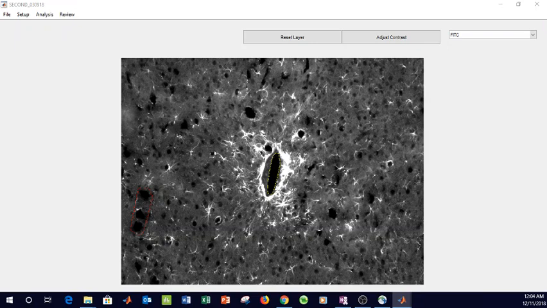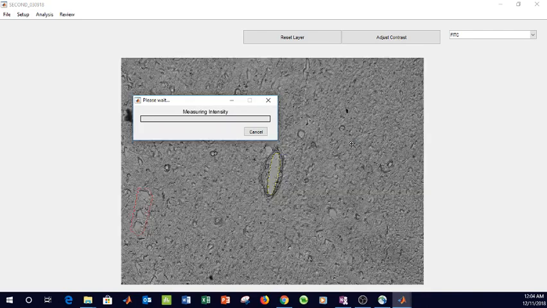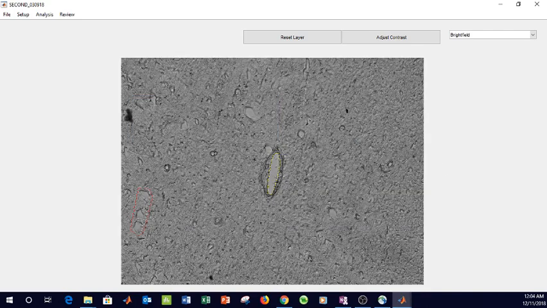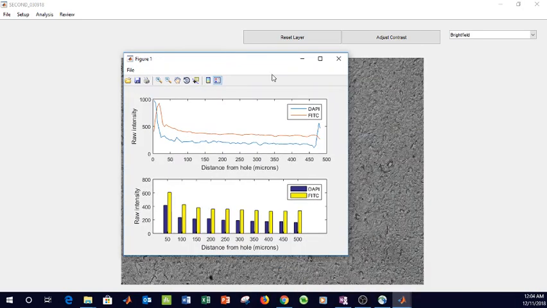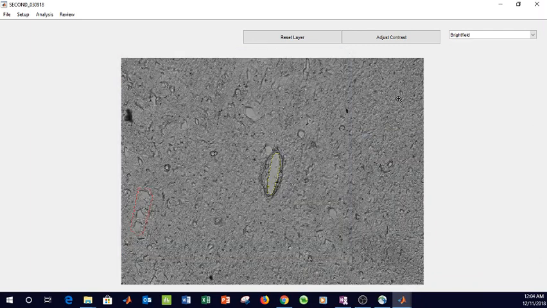A screen pops up over here. Another pop-up window just for a second, and it's just going through and analyzing that information. So when it is finished,